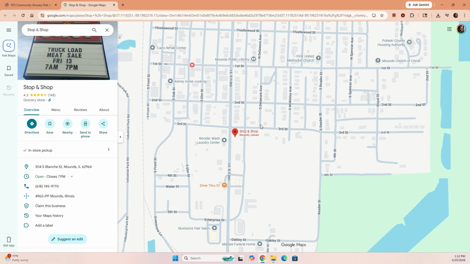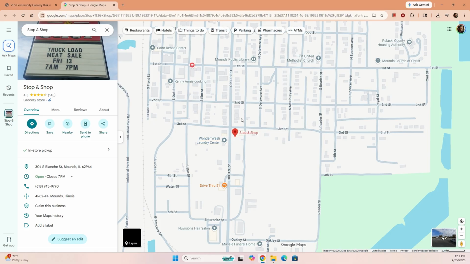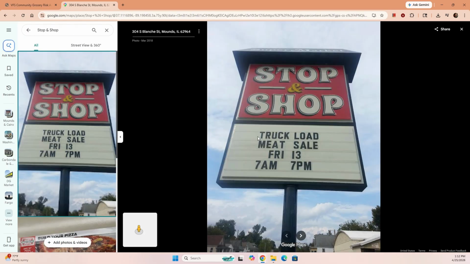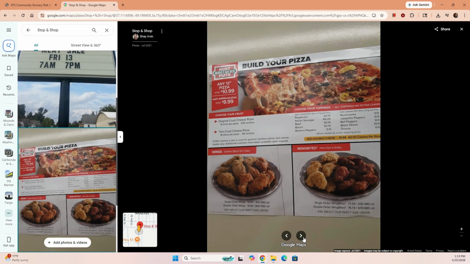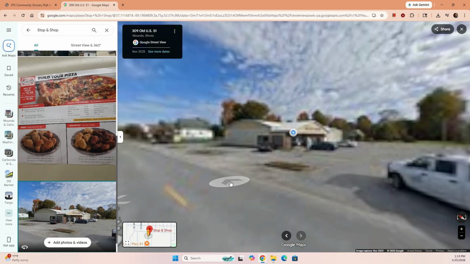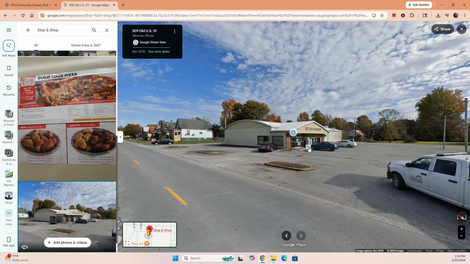So this Stop and Shop here, we've recently viewed it. We can see it on the map. More importantly, we can look at the photos from that store. What photos have people shared from that store? Maybe we can determine whether or not this is a grocery store. We've never been here before, right? I have, but you may not have been. So we go over here and we start looking. Well, they sell pizza. Maybe it's not a grocery store. Then we click it again. It shows a picture of the outside and there's a street view, and that looks like a small grocery store. Maybe we go back